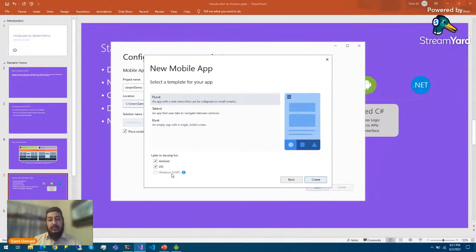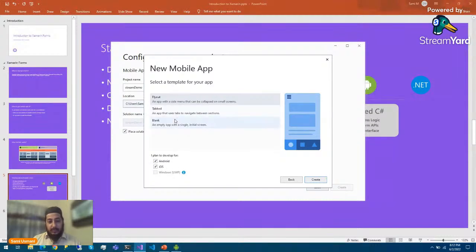Here I have Universal Windows Platform disabled because I do not have those SDKs installed. If you want to develop for this platform, you can install the SDKs for it. Otherwise, I have iOS and Android selected because I have those SDKs installed.